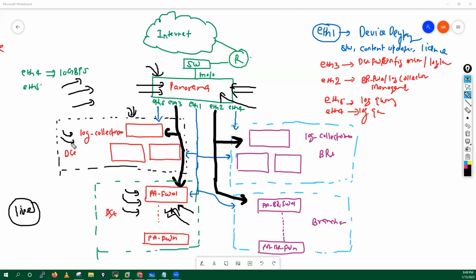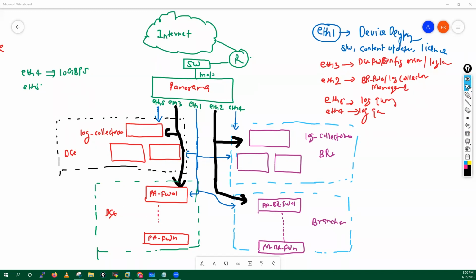So we always need to send the query from the Panorama only? Yes, there is no need to log in to the log collector. We will just get CLI access there, so we will not get much. Live logs we can verify on the firewalls. That's how we will do the troubleshooting, right? Okay, fine. Good. Thank you.